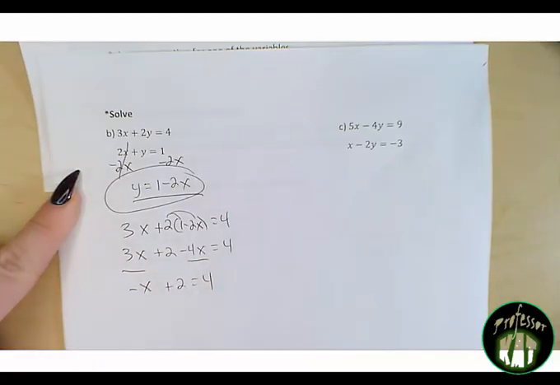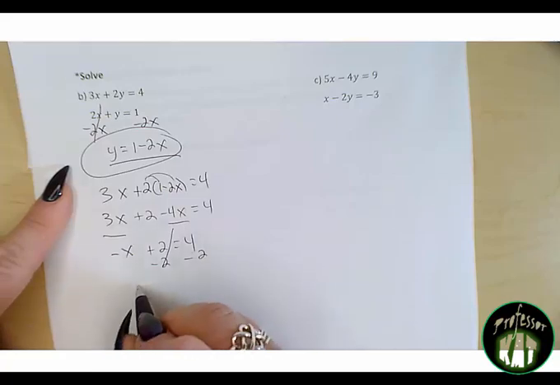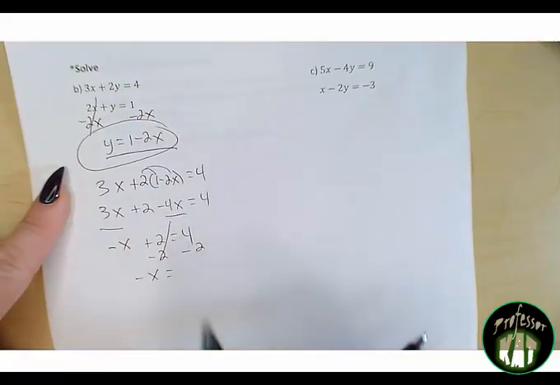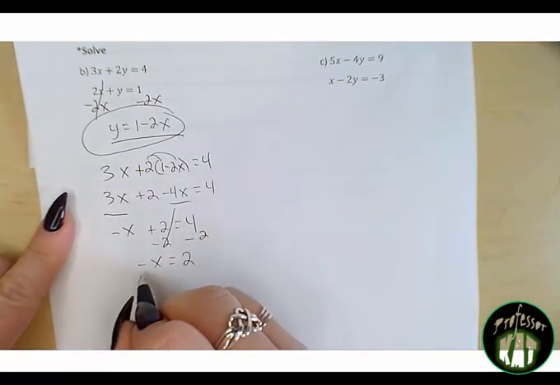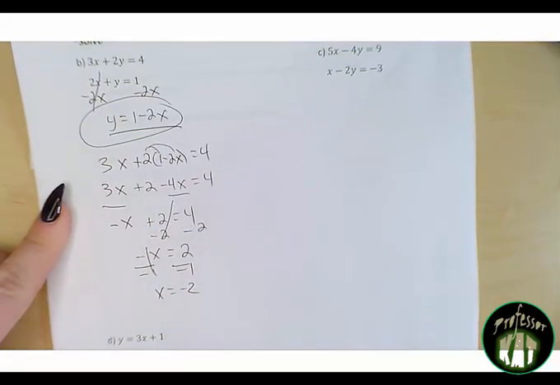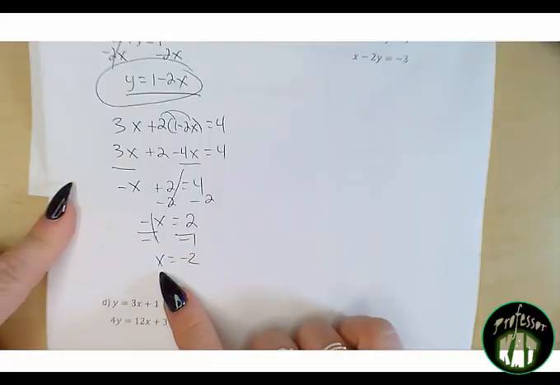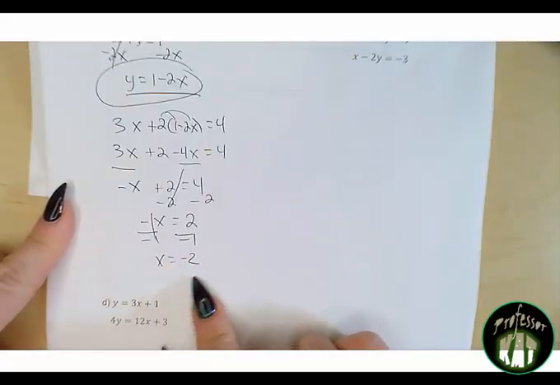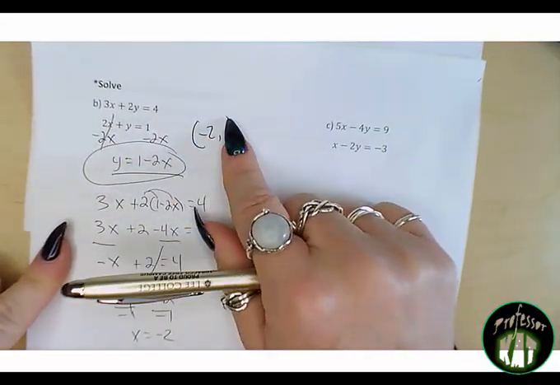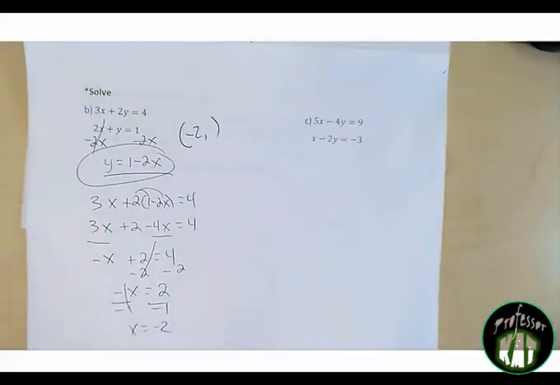Drop everything else down. Let's go ahead and kick that number over to the other side. Since it's a positive 2, let's subtract 2 on each side. When we do so, it cancels on the left, and 4 minus 2 is a 2. Divide each side by a negative 1, and we get that x is equal to a negative 2. If your solution looks like a regular number like ours does here, there's nothing weird going on. We do know that x is equal to a negative 2 for our point. We are looking at the first case, the normal case, where these two equations would intersect at one